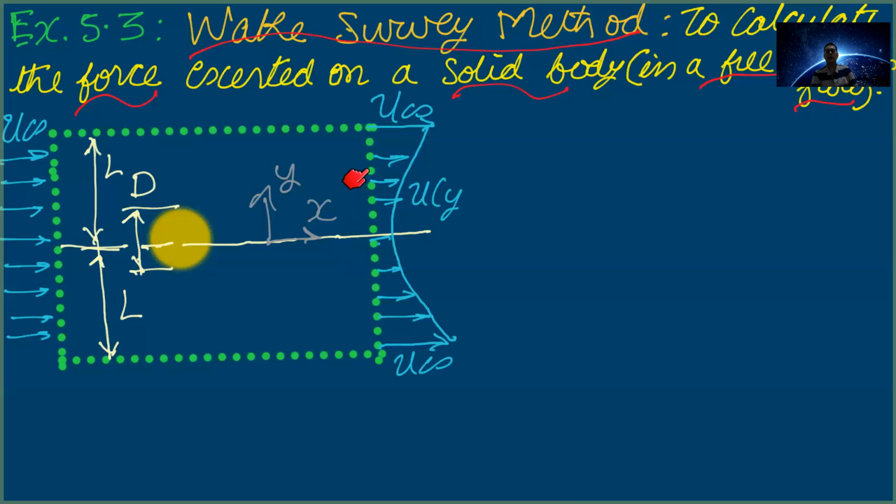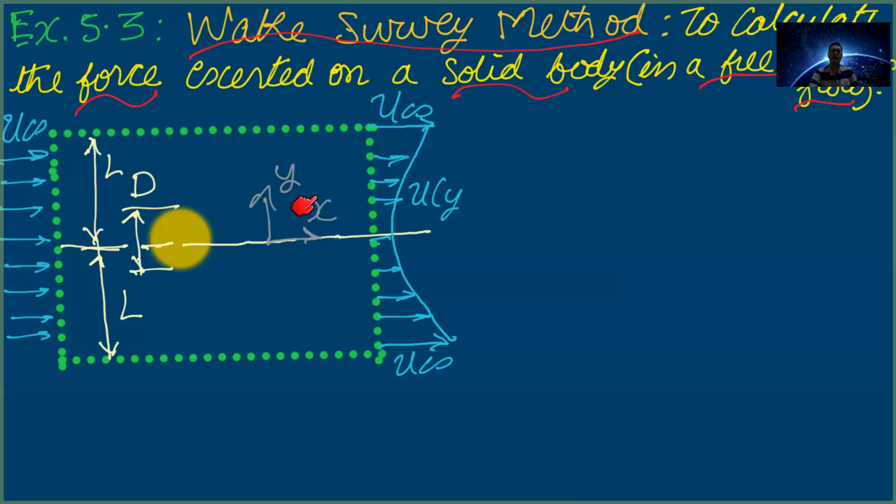So the mass flow rate is strictly speaking the integral of rho u dS, but this surface area we are considering in 2D, so the surface area becomes a line, and the mass flow rate will be the integral of rho u dy. Whereas if you calculate the x momentum flow rate, it involves velocity in the x direction, which is again u. So the x momentum flow rate at this boundary will be the integral of rho u square